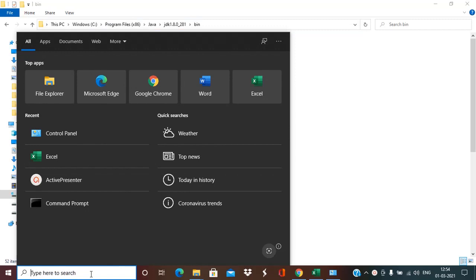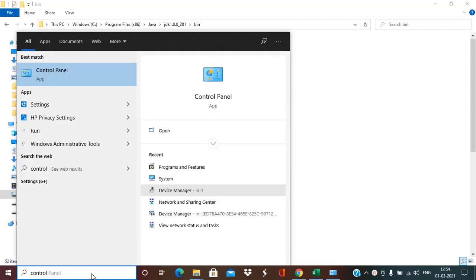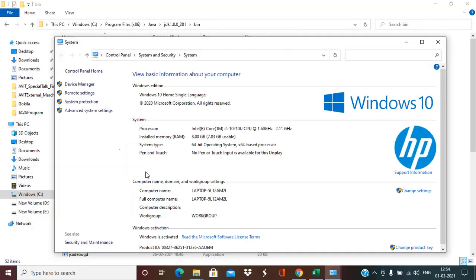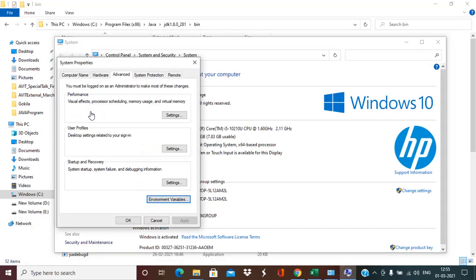Then go into the Control Panel. Within the Control Panel, you have to go to the System option. There you will find Advanced System Settings. There you go to Environment Variables. There is a variable name called Path, which may be set for some other software. You select the variable you want to change, go to that Path variable and give Edit.